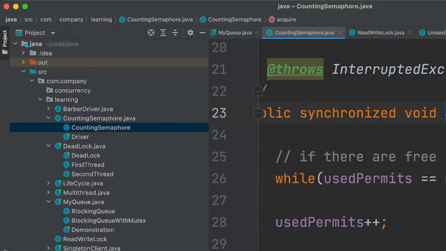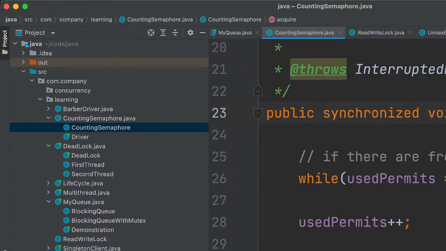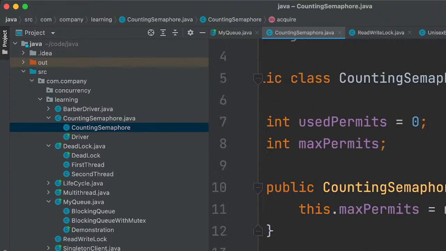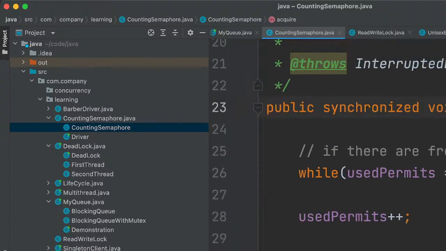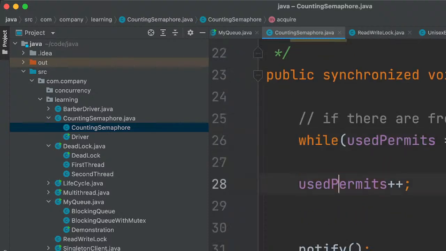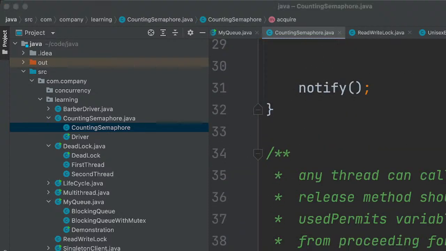Okay, let's say on acquire we have... semaphore in Java. Let me go through GeeksforGeeks.